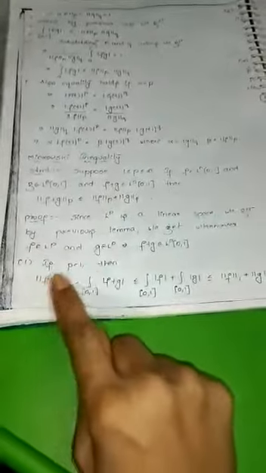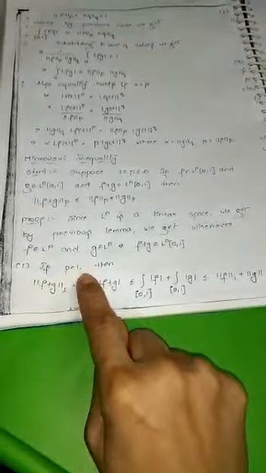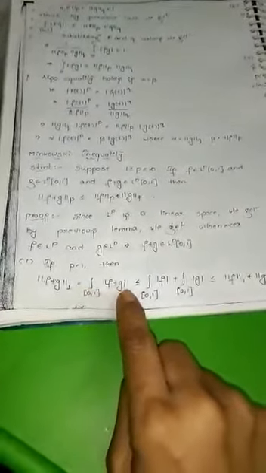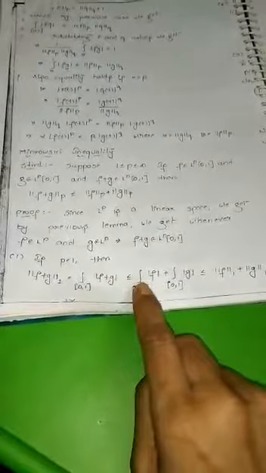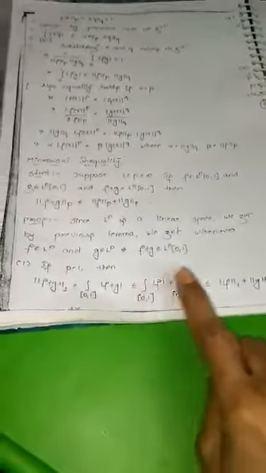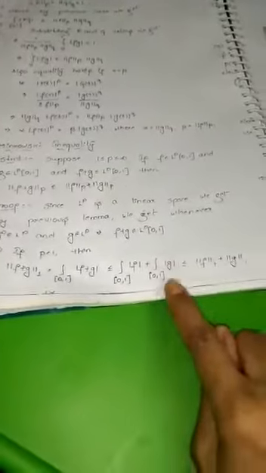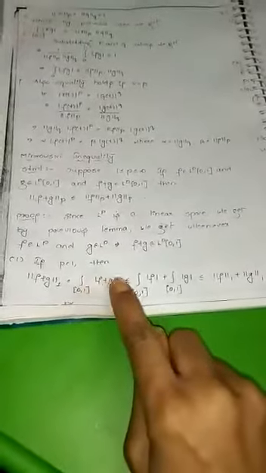So now we have case 1 here, when your p is equal to 1, girls. It's very obvious: when p is 1, the LHS becomes norm f plus g over 1, which is by definition the integral of mod f plus g. We already know that the integral of mod f plus g is less than or equal to the integral of mod f plus the integral of mod g over the domain. From the definition, this is nothing but norm f, and this is nothing but norm g. So it was very simple to prove when p was equal to 1.